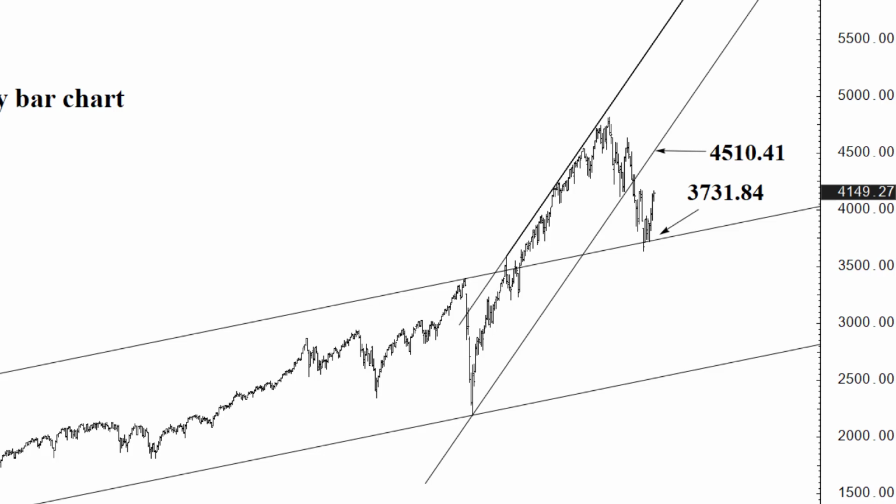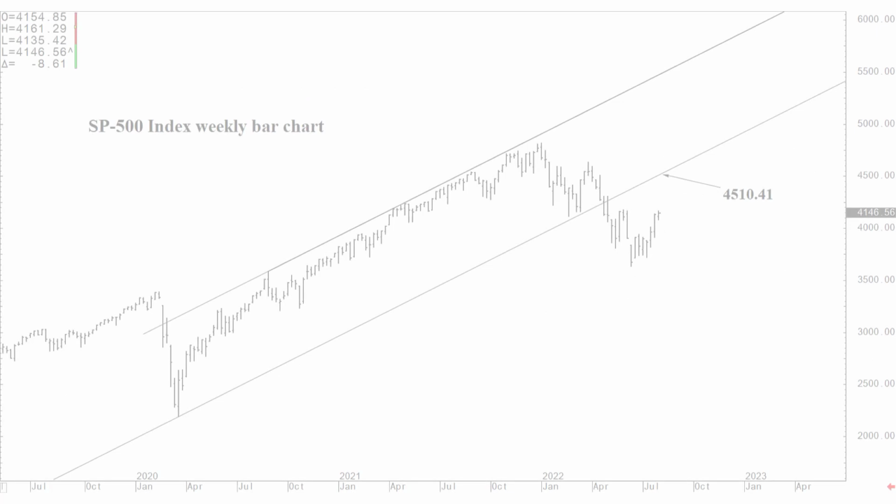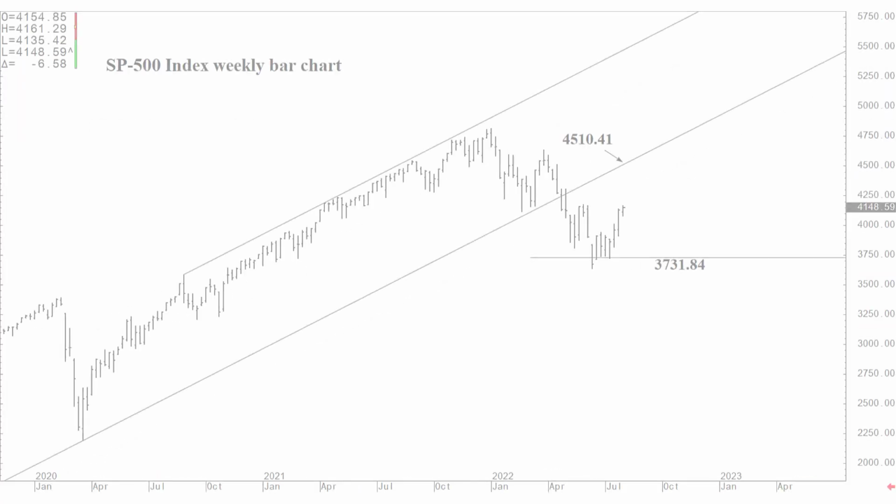So here we are, and now the question, of course, is will the market rally retrace back up to the 4510.41 steeply rising channel bottom? Will it retrace back to the high area from January over time? And the answer for me is yes. I do think that is likely over the next half year or so, above 3731.84. Let's zoom in here at this chart, and there's the 4510.41 former channel bottom that I think is likely,